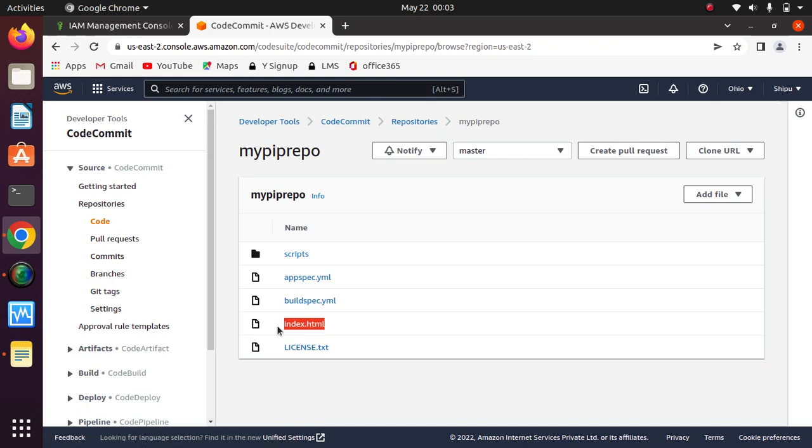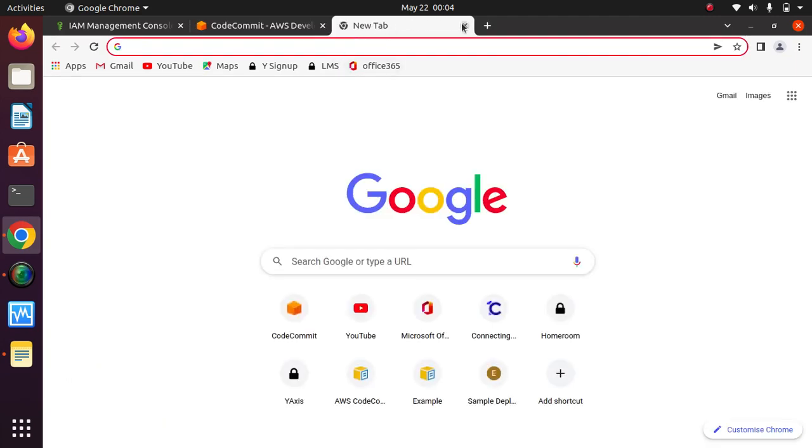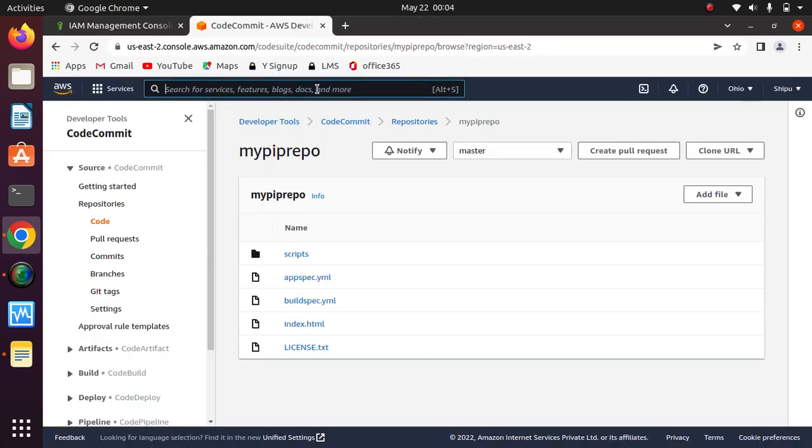Then the index.html file, which is the HTML code. It is basically a static website. So we will deploy that static website on the EC2 instance. Okay, so what is the next step? Now we have to create a CodePipeline. So for that reason, okay, so here only